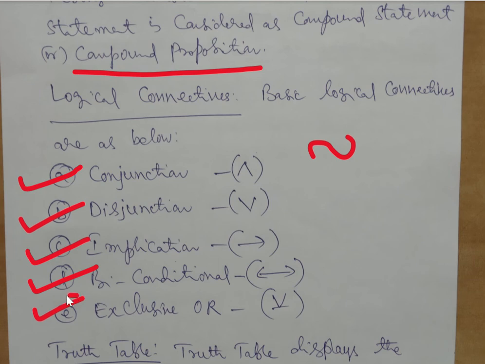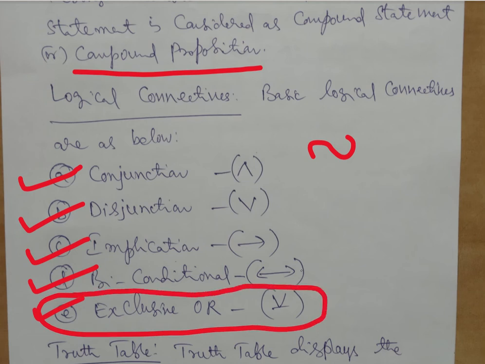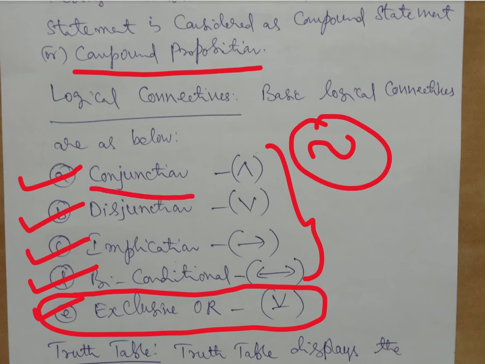Here, exclusive or is something we need not worry too much about, because we don't attach much value to it at this point of the discussion, but the other 4 we will be using extensively along with negation. So in the exam, if somebody asks, you should concentrate on conjunction, disjunction, implication, biconditional and negation. These 5 might fetch you 10 marks each. You should explain what each of them is, what their truth tables are, and some examples will get you good marks. So in the exam, they might ask you about logical connectives.